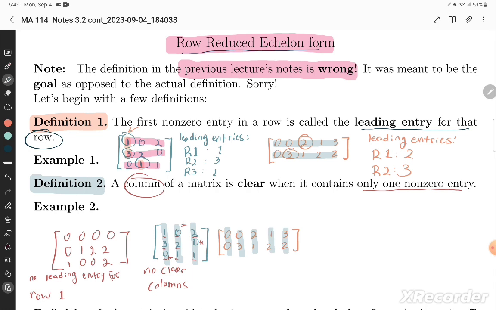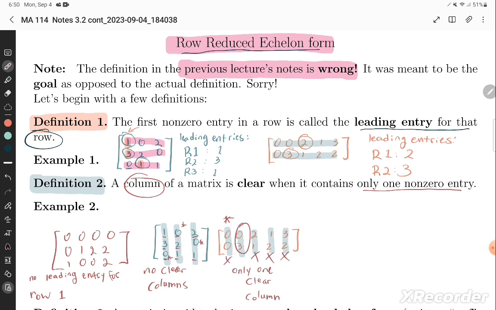If I look at all these columns, there's only one clear column. Can you guess which one that is? It's going to be this one. Now, you might think, well, what about column 1? Well, that's not clear because every entry is 0. I need to have only one non-zero entry. So there needs to be at least one entry that's non-zero. I can't have all of them be 0. So here I've got 1, 3, and then 0 everywhere else,